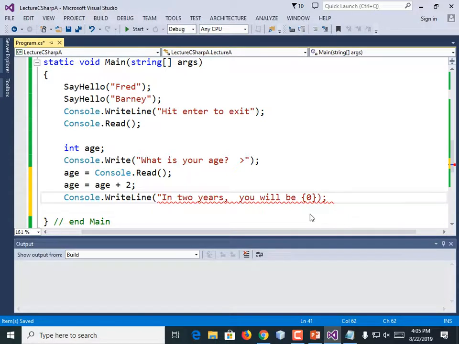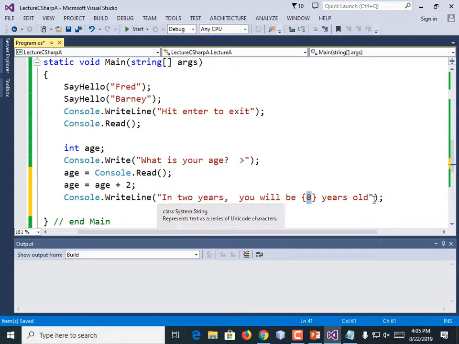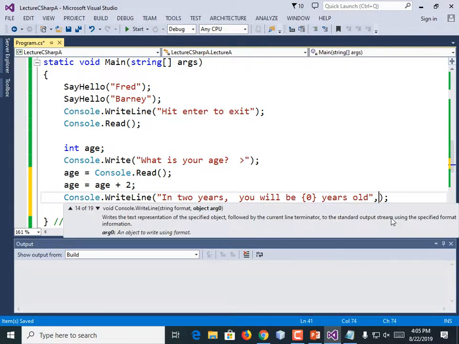Like that. You will be, curly brace, 0, end curly brace, years old. End quote. Now we need to pass in an argument to fill in that placeholder. I just want to print out age, comma, age.